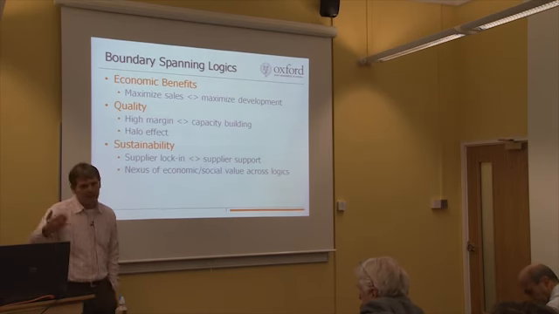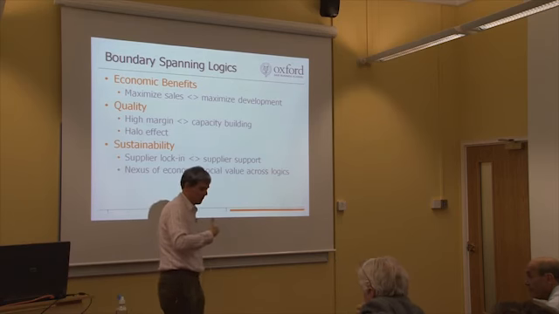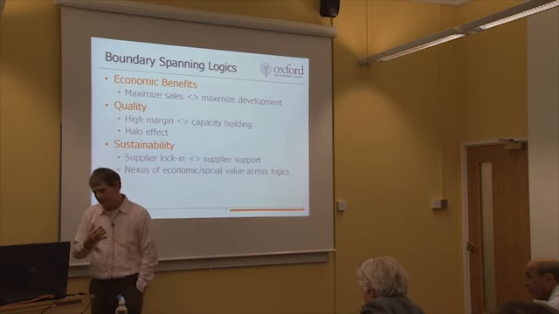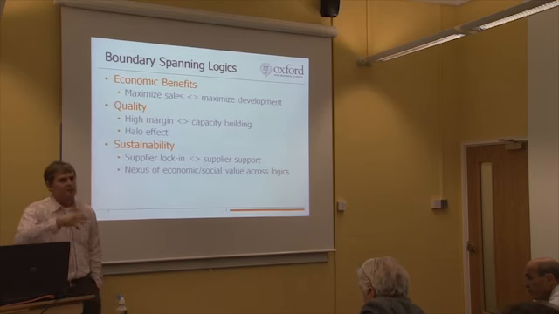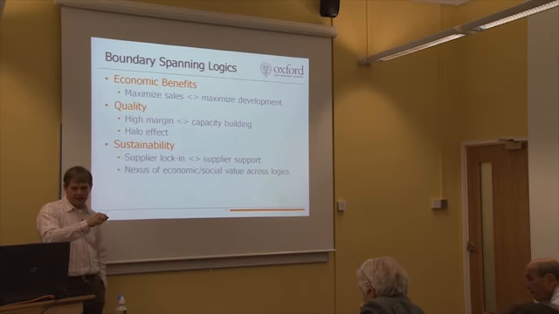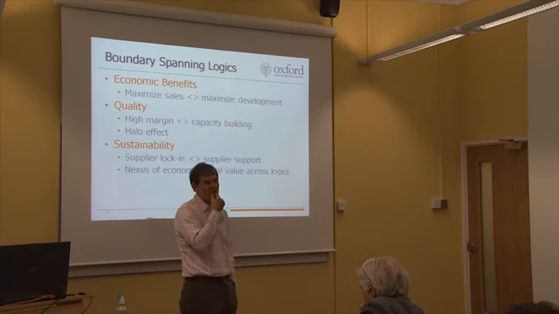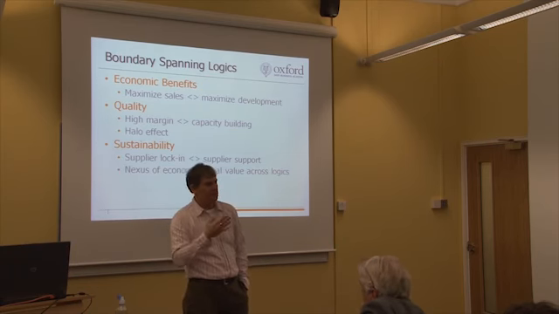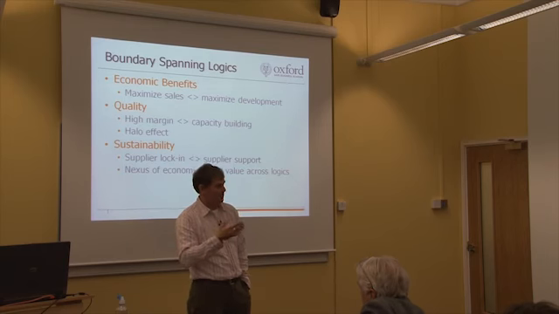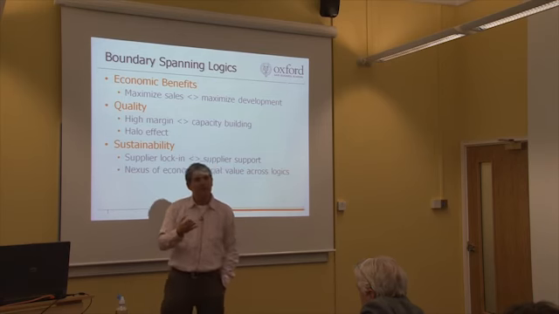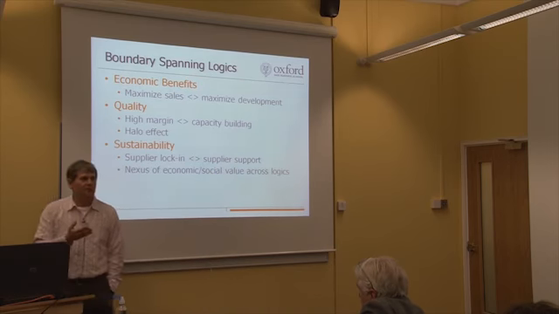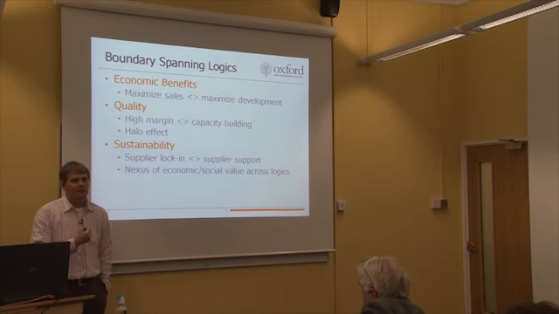And finally, and I'll stop here so we have time for debate, even though I've got other things I could say, but I'll stop with this because this is the hub of it. There were a set of interesting discussions around sustainability. So for the retailer, sustainability was really about supplier lock-in. It was about saying, if there is a mismatch in supply and demand for cocoa in favour of the producer, it helps us to lock producers into long-term contracts with us so we have stability of supply. So sustainability for the retailer means control of supply.